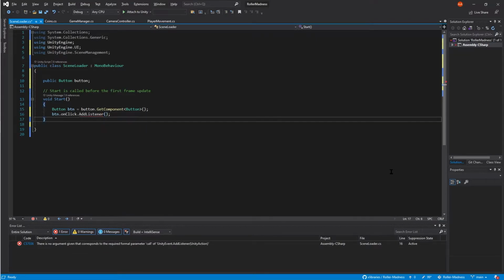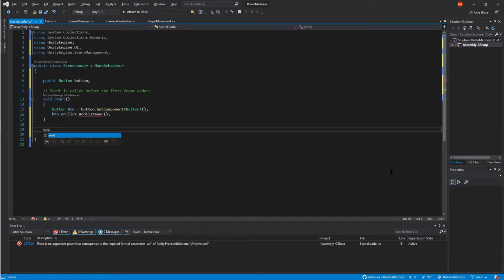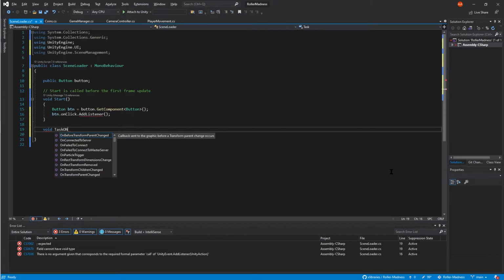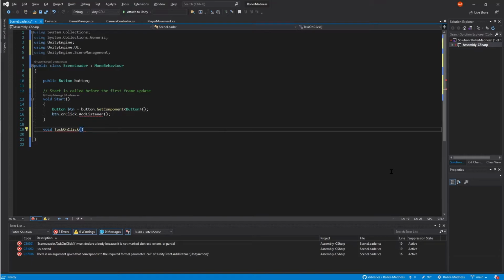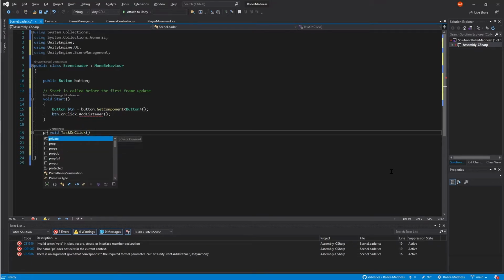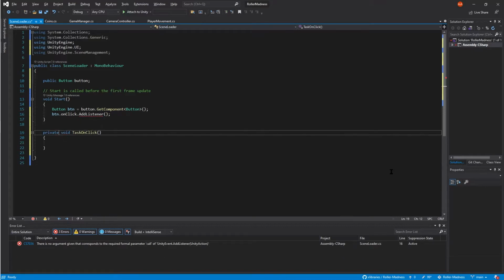I'll create a method for that, and I'll name it TaskOnClick. This is a private method.